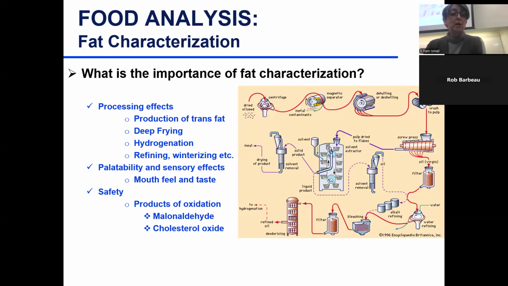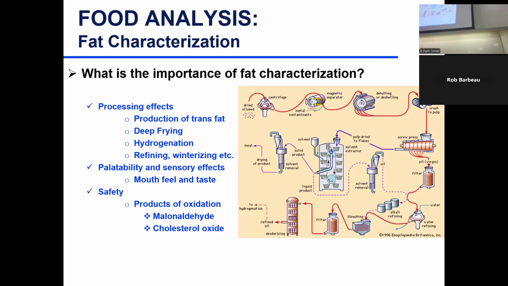Okay, so we talked about deep frying: the hydrolysis of triglycerides, and then oxidation over time of those free fatty acids. And then the hydrogenation. Sometimes to determine the effectiveness of hydrogenation, you determine the iodine value before and after hydrogenation. The iodine value gives you the degree of unsaturation. After you hydrogenate, you measure the iodine value again to determine that your hydrogenation was successful. Now refining,